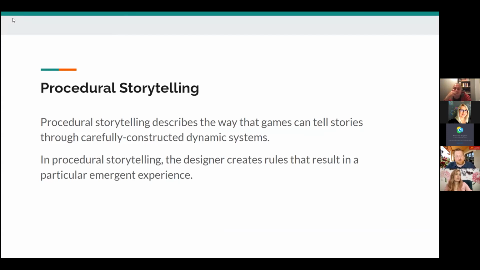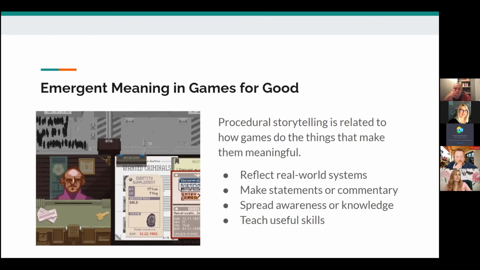So in procedural storytelling, the designer creates the rules, and those rules then result in a particular emergent experience. And this is relevant to us when we're talking about games for good, especially because procedural storytelling is tightly related to how games do things that make them meaningful, that make people sort of take meaning out of them.